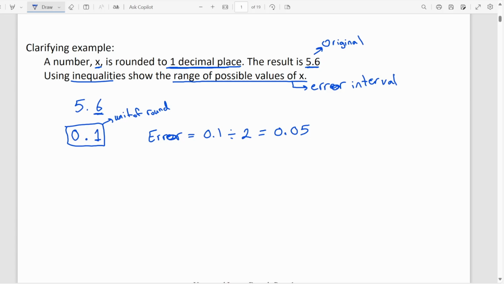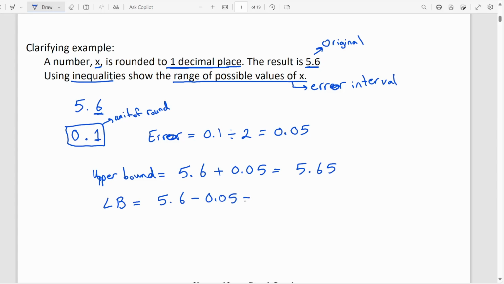Okay, so now I can go ahead and say that the upper bound is basically the original number, which is 5.6 plus 0.05, and that gives me 5.65. And the lower bound, I'm just going to write LB for lower bound, is basically 5.6 minus 0.05, which gives us